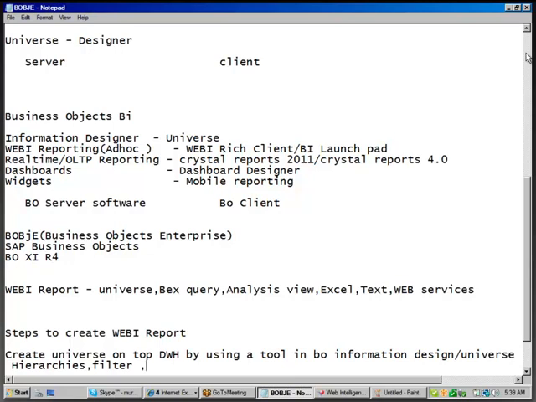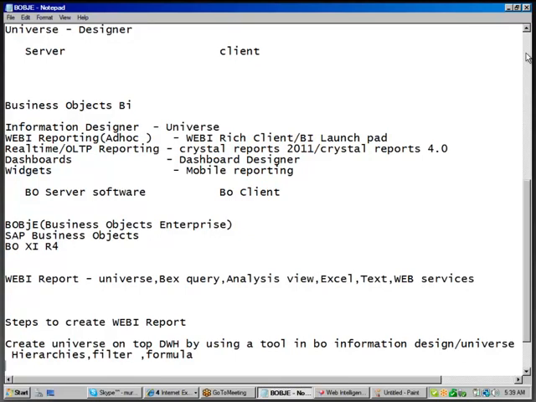Instead of writing a formula for full name in each report, where in report 1 you write full name equals first name plus last name, and in report 2 you again write full name equals first name plus last name, instead of writing 10 formulas, create one formula object in the universe, full name equals first name plus last name, and reuse that formula for all reports. That means the universe will improve the performance.